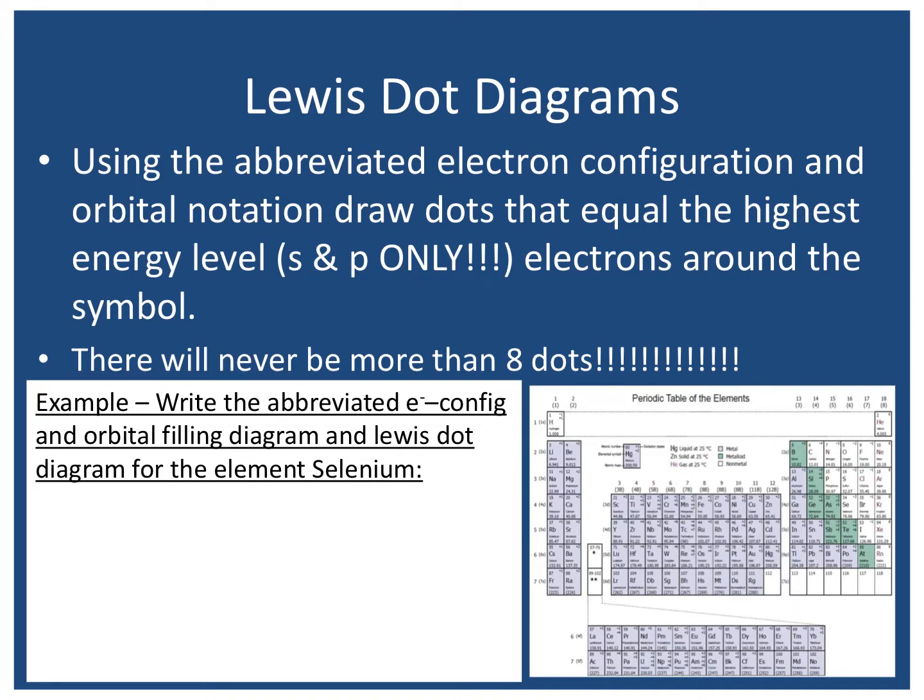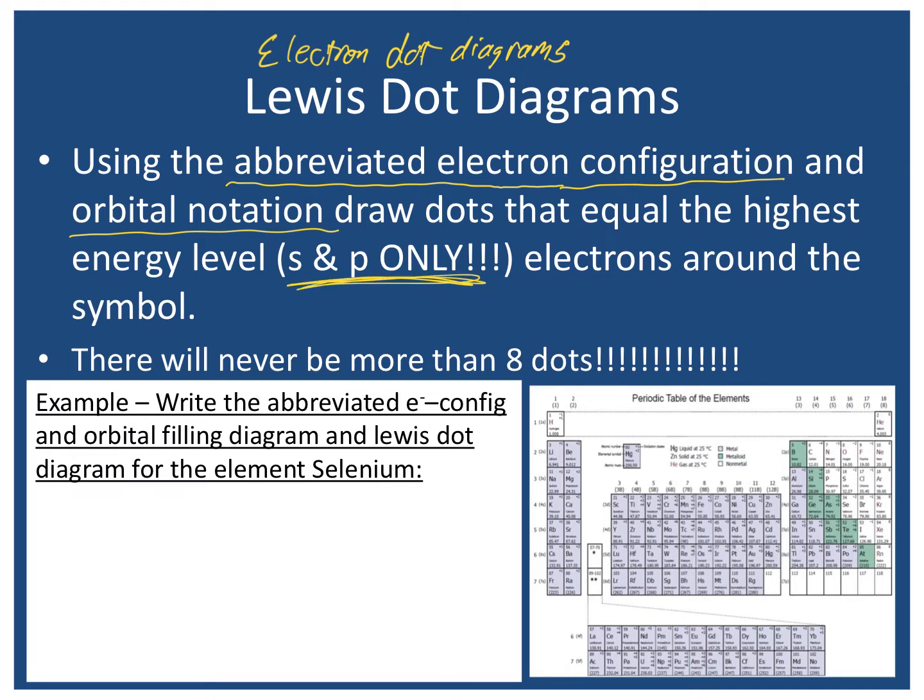What's up, everybody? Welcome to some chemistry about Lewis dot diagrams, which are sometimes called electron dot diagrams. Now, these go along with those electron configurations and orbital notations we were talking about over the last few days in classes. And what we're doing here is we're going to use the orbital filling or the electron configuration. We're going to use the abbreviated one, the one with noble gases, and that orbital notation. And we're going to draw dots